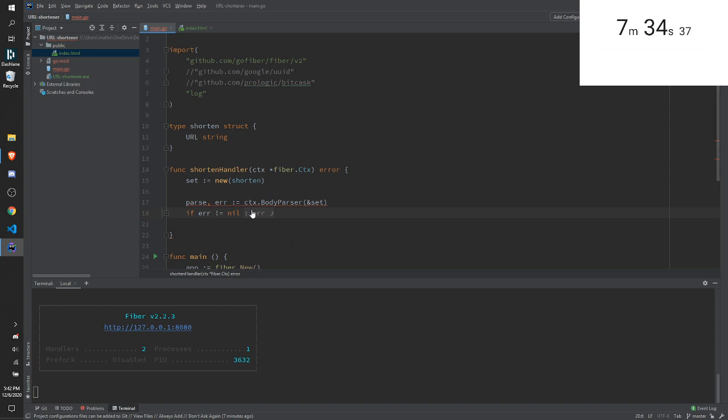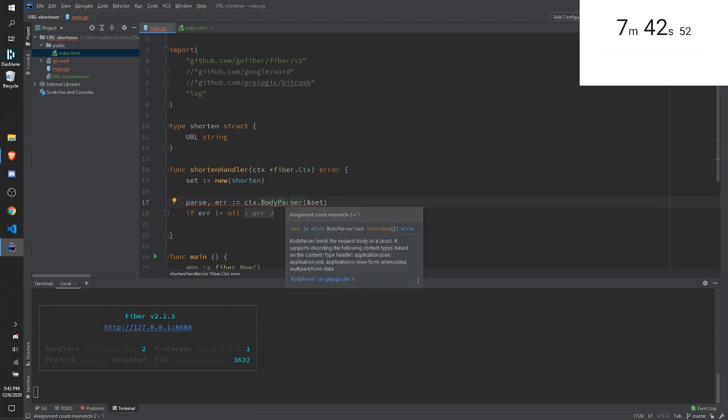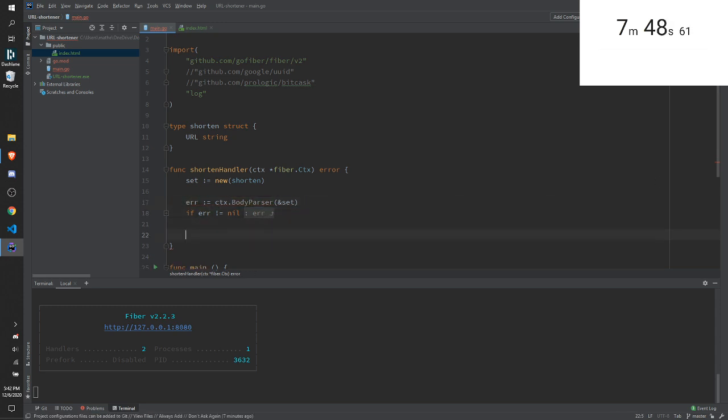And why does it give me an error right here? Assignment mismatch, 2 equals 1. So what does BodyParser actually return? Okay, oh, it only returns an error, sorry. Okay. And now